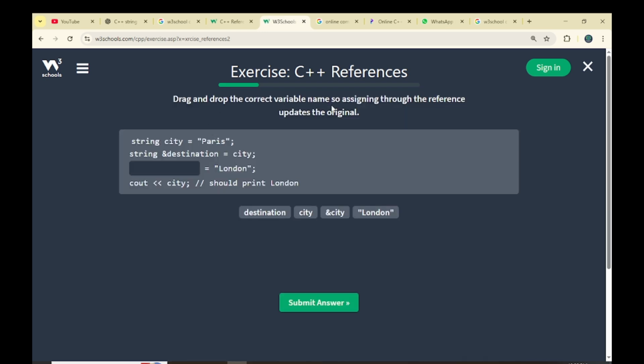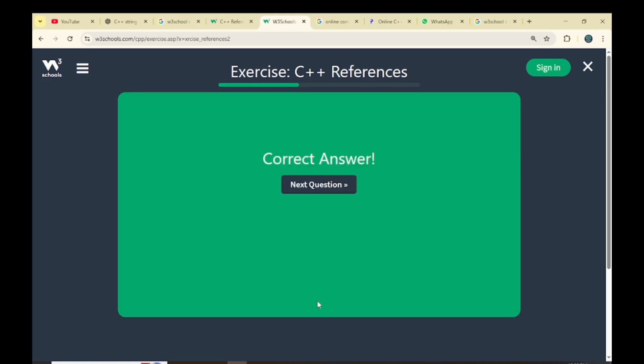Drag and drop the correct variable name, so assigning through the reference updates the original. String city equals Paris, string ampersand destination equals city. So if you go to destination,